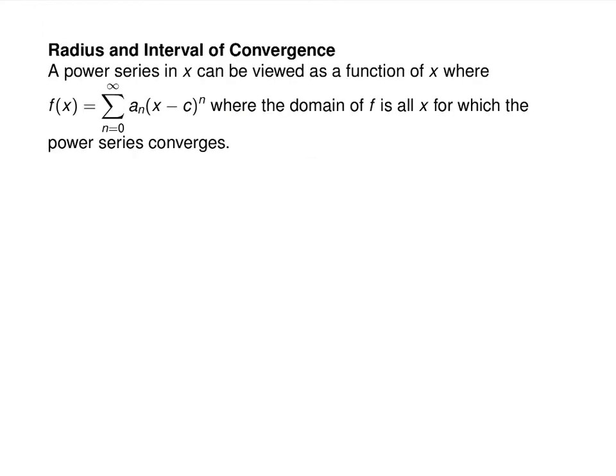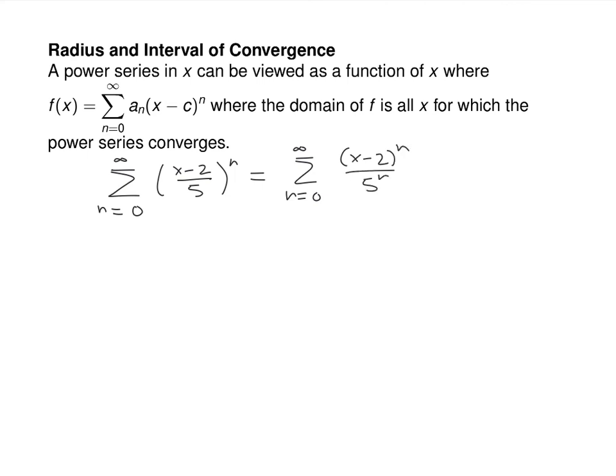Now, a power series can be viewed as a function of x, where the domain of f is all x for which the power series converges. You have actually already seen power series in this class. I just gave them to you and didn't tell you what it was. You had something like this: the sum from n equals 0 to infinity of (x minus 2 over 5) to the n. Notice how this is a power series centered at 2. It's the same thing as the sum from n equals 0 to infinity of (x minus 2) to the n over 5 to the n. And you found that this thing was a geometric series, and it converged